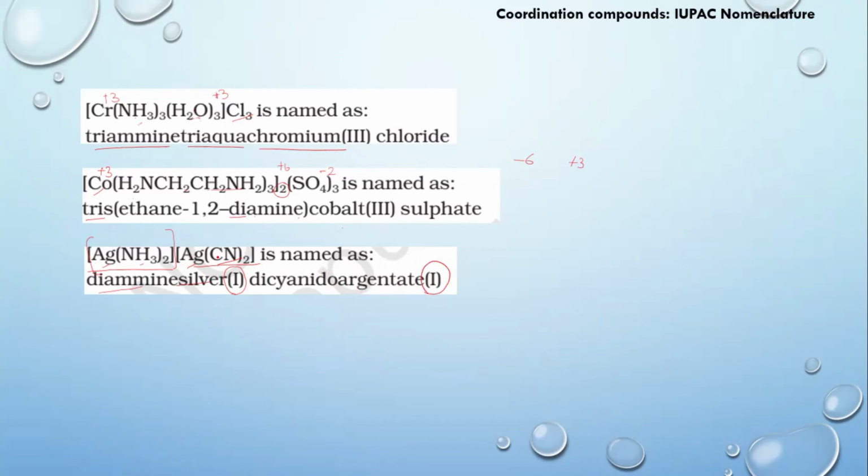So here now we will find the oxidation number. Ammonia is a neutral molecule. CN has a -1 charge. The complex has a total charge of 0, it is neutral. So the oxidation number of silver in the cationic as well as the anionic part is +1. So diamminesilver(I) dicyanoargentate(I). That is the name of the